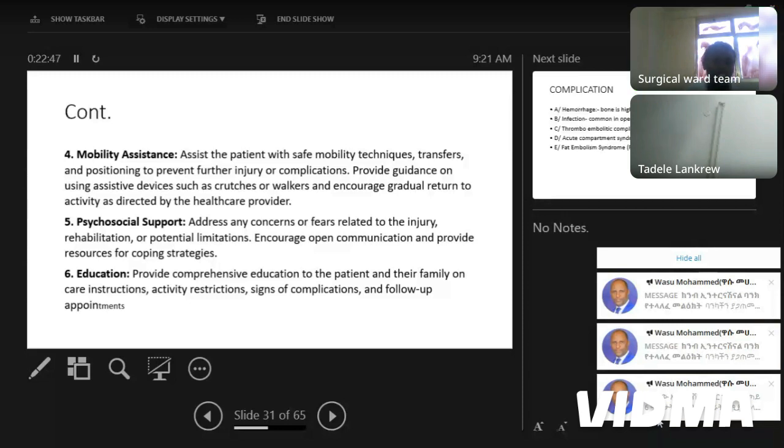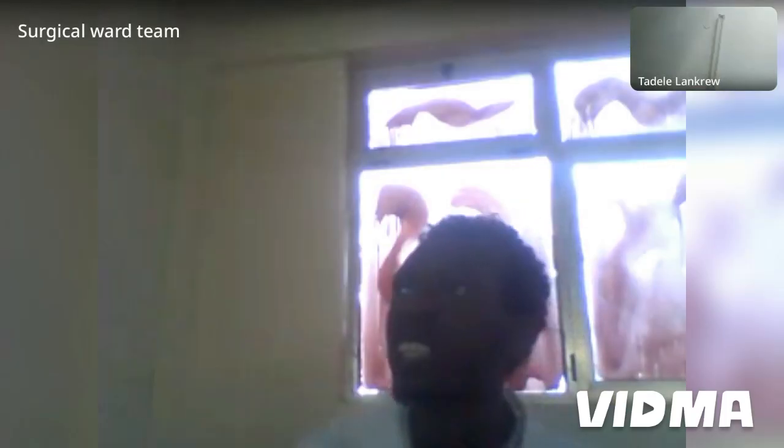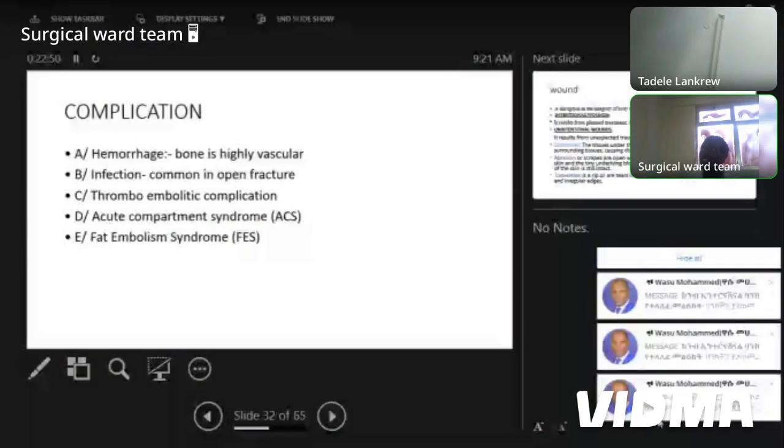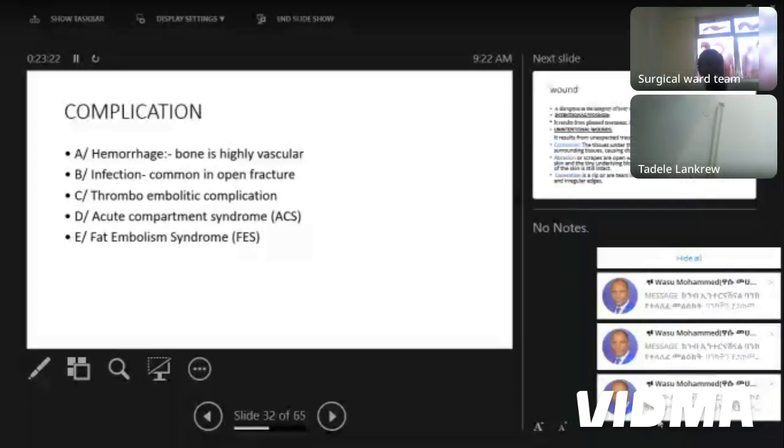These are the complications of the fracture. First, hemorrhage, because bone is highly vascular. There is hemorrhage and also infection. If the wound care is not appropriate, it may cause infection, especially in open fracture. The other is thromboembolic complication, because if we do not elevate the affected part, it may promote what? Thromboembolism. And the other is acute compartment syndrome,